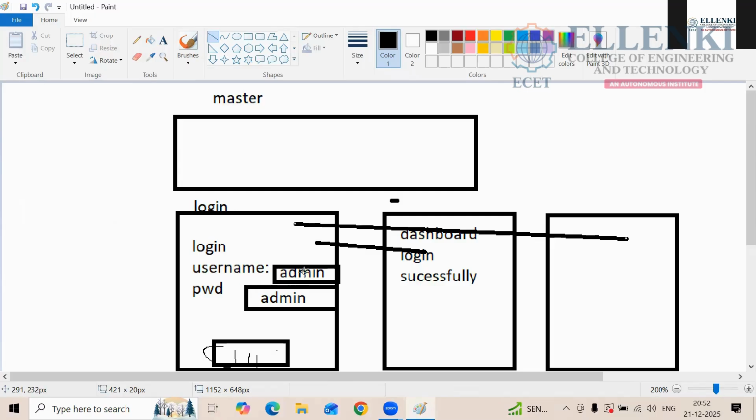These are username and password, and you are going to use these in the HTML. When you are creating input forms, you are using these field sets, right? If you want to create one particular box for this, you have to use the fieldset tag. And if you want to give a heading for your field set, which is nothing but the box, you are using one more tag, that is the legend tag.